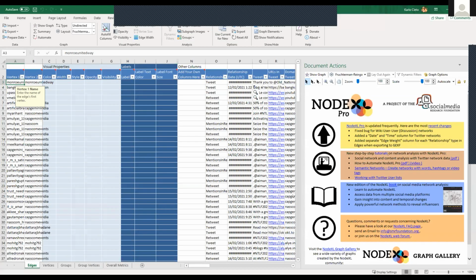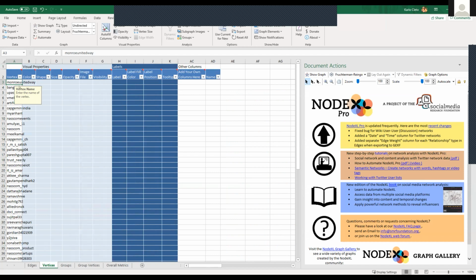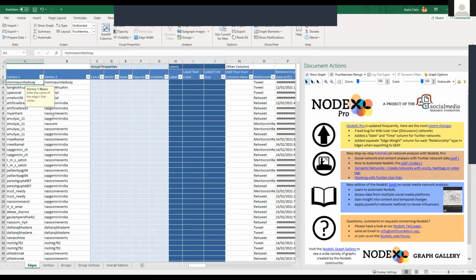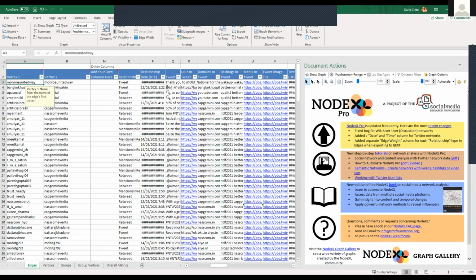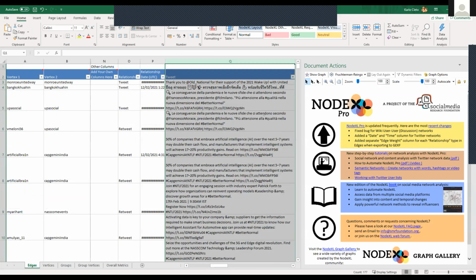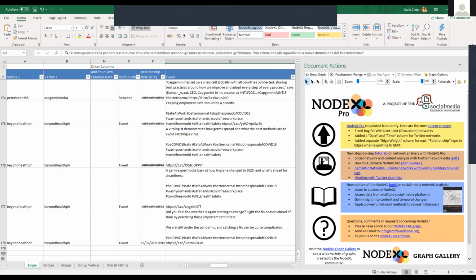Okay. So, after you finish your search, you will see that the edges and vertices worksheets would already have a list of vertices. And then again, a vertex is a node, and in Twitter, that's an account, a Twitter account. So, may laman na siya. And then you will see the tweets on the edges sheet. So, if you scroll to the right, you will see here, tweet, and that's the content. So, let's just word wrap this. Yeah, so yan yung laman ng tweet. And then we gathered 178 tweets.